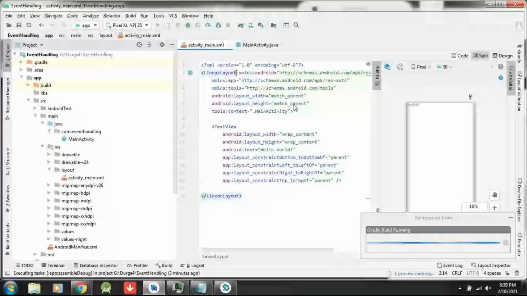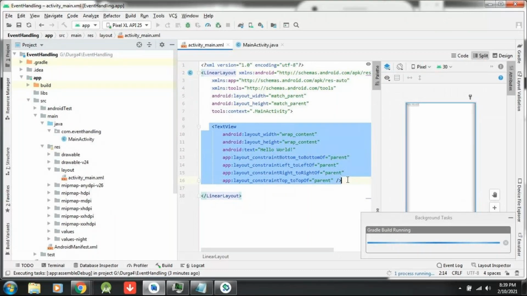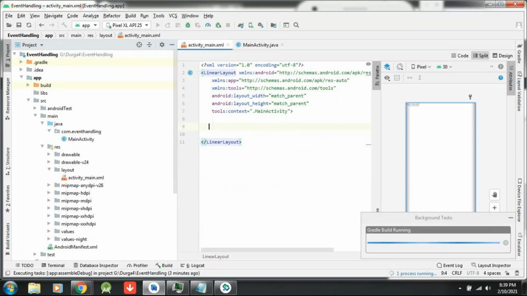So this text view I don't want. I am erasing this text view. Okay, just remove this text. I don't need it. As I told earlier, sorry, yesterday we discussed the linear layout properties. The first schema is required, Android, but the app and tools ones are not required for me, they are a waste of memory. The tools:context is there, and other than that, I have the width as well as the height property.